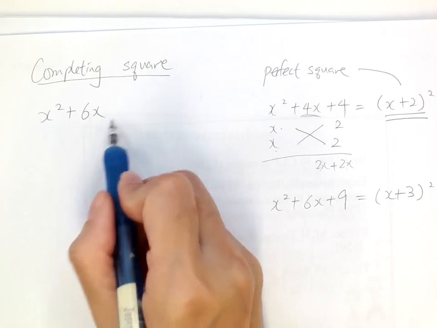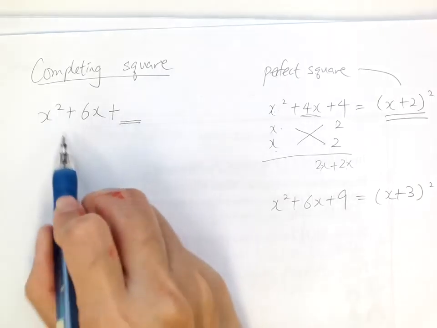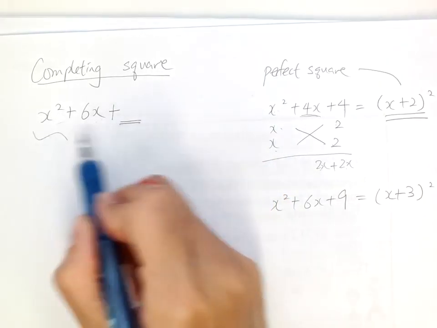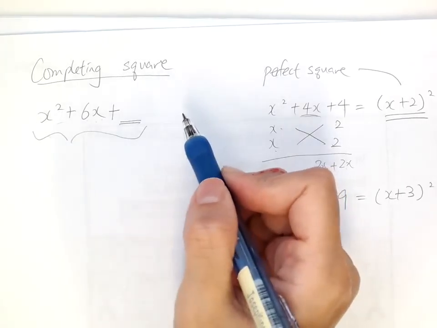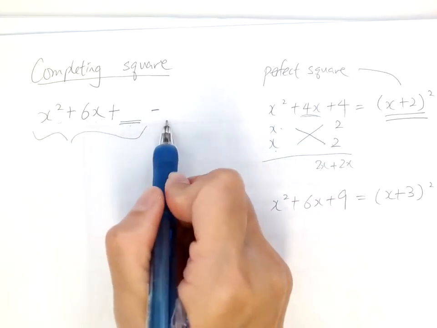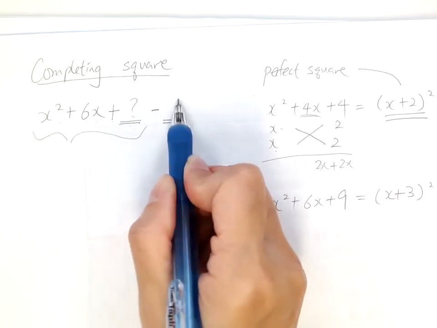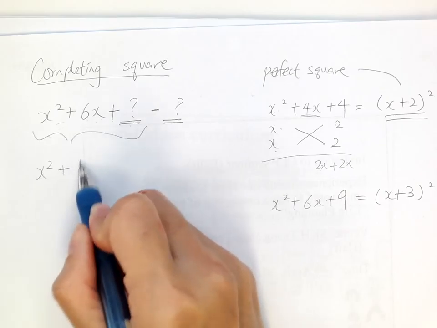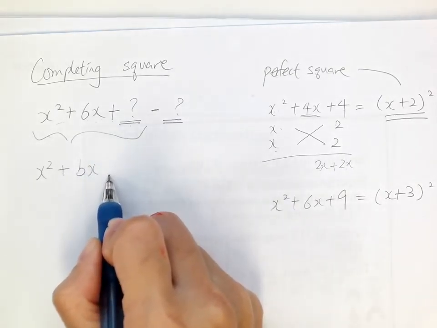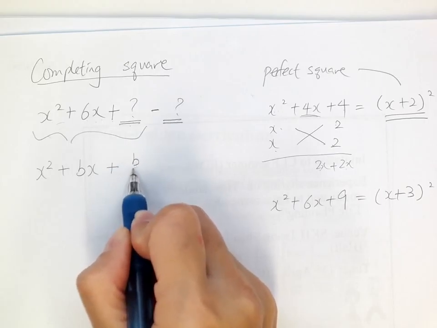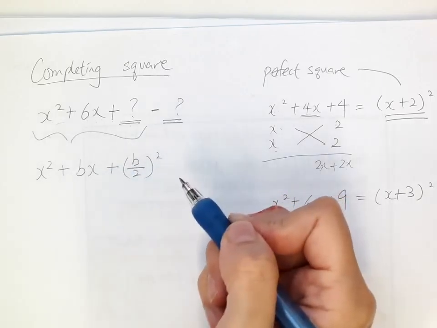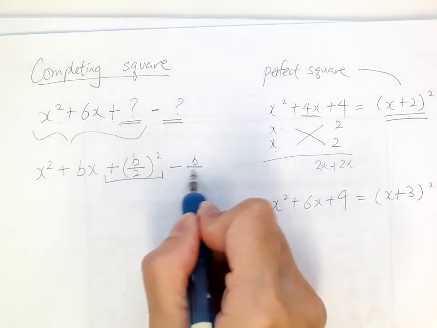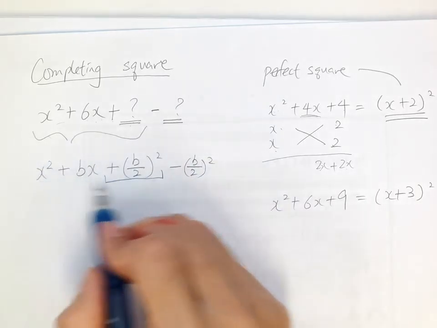I would add a term to the polynomial so that I can have a complete square for the first three terms. After I add a term, I need to subtract it back. So how would I know what term to add? Usually, you think of x squared plus bx, and the third term will be (b over 2) all squared. When you add this term, you have to subtract it back later so that the original form of this polynomial